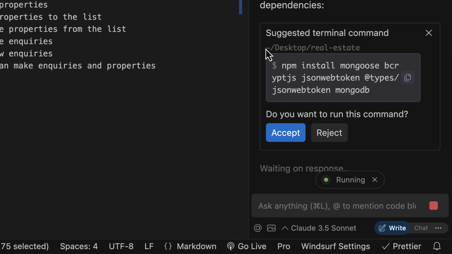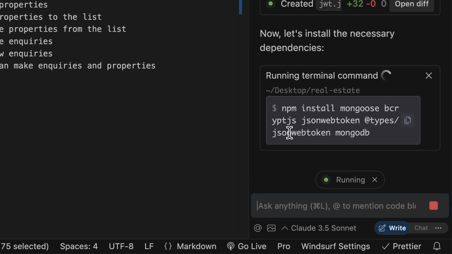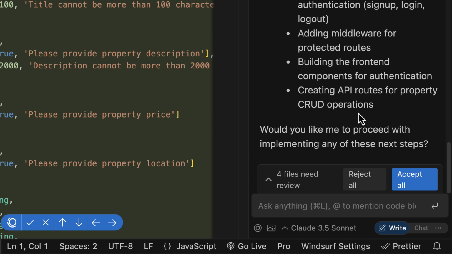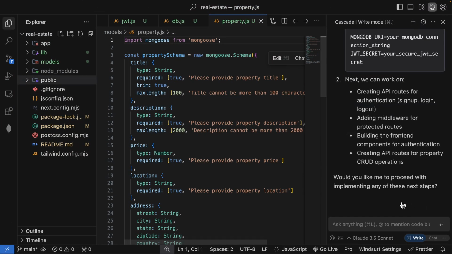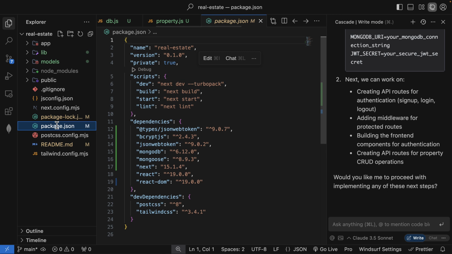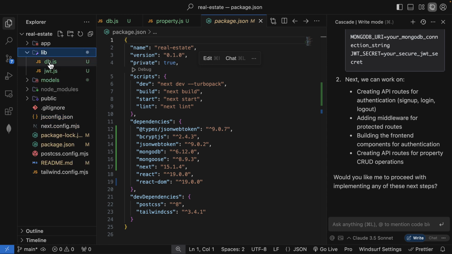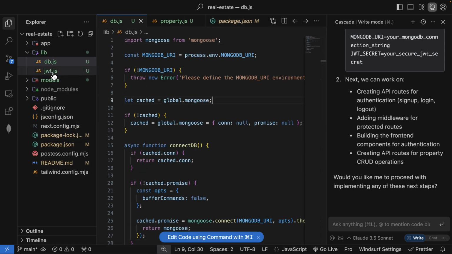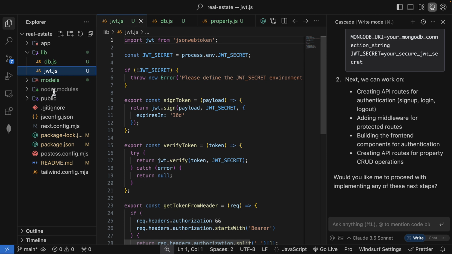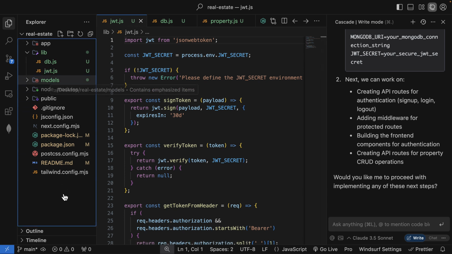And it is asking to install the following packages. Let me accept all. And let's look at the package.json file. It has installed Mongoose and MongoDB, and in the lib folder we have the DB configuration file, and then the JWT, we have it as that, but we don't have the environment variable. So I'm gonna say that